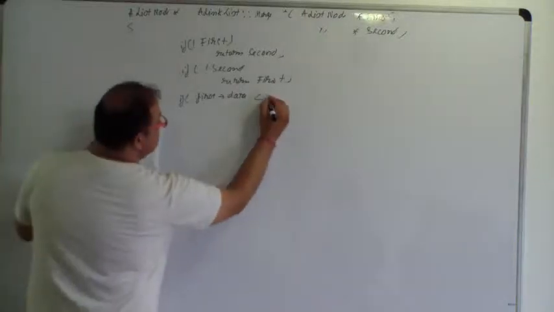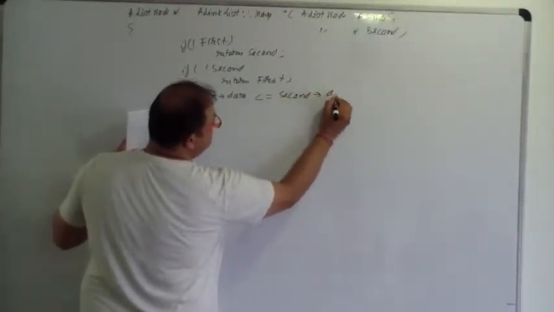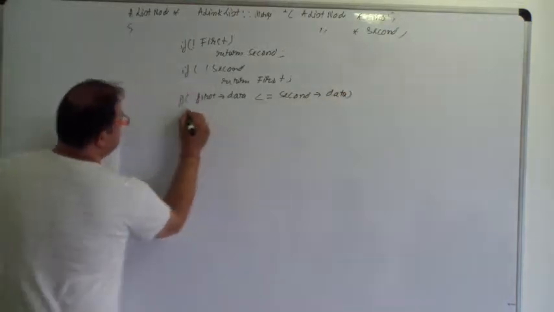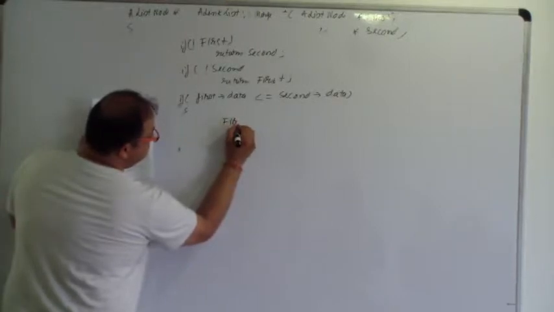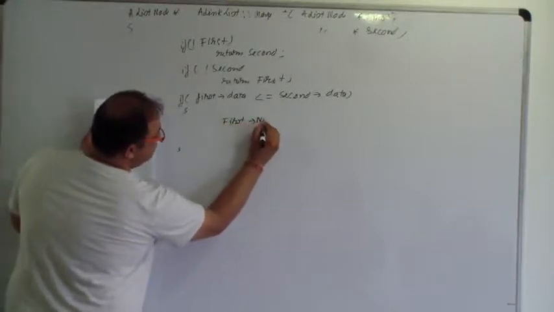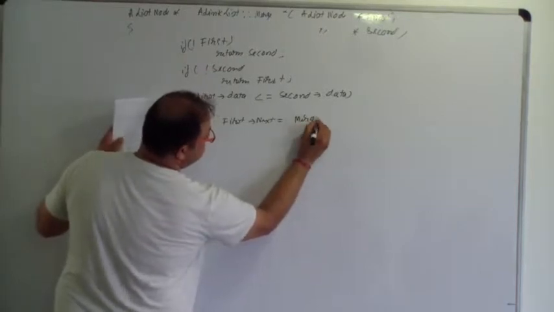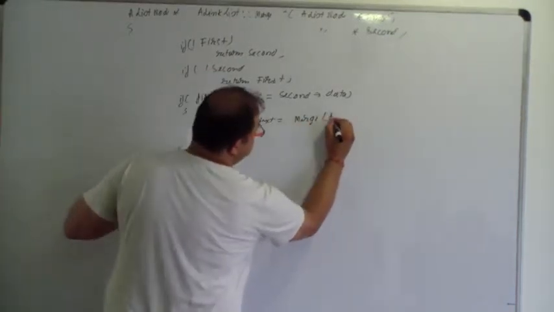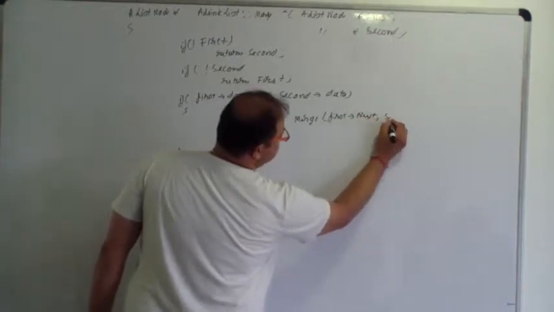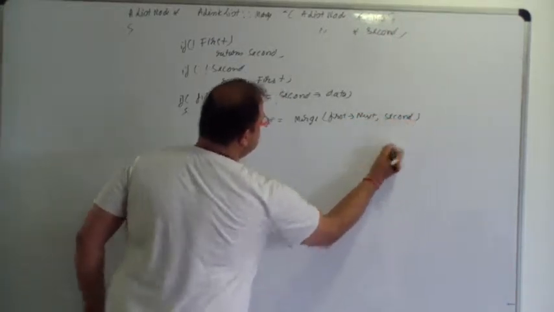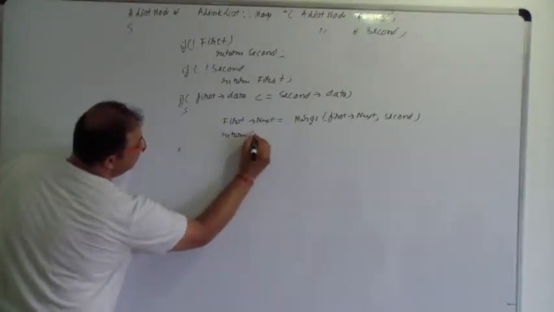If first arrow data is smaller than or equal to second arrow data, we will call first arrow next is equal to merge of first arrow next comma second. Okay. Return first,